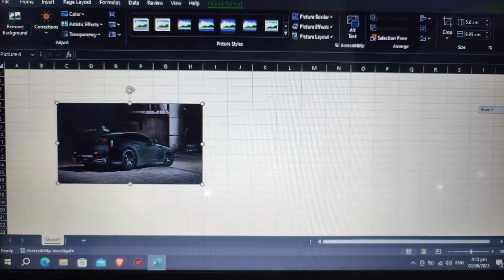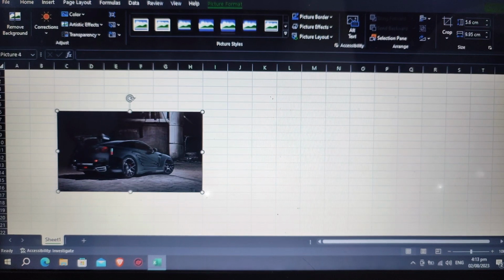If you want to know how to insert pictures in Microsoft Excel, that's the easiest way